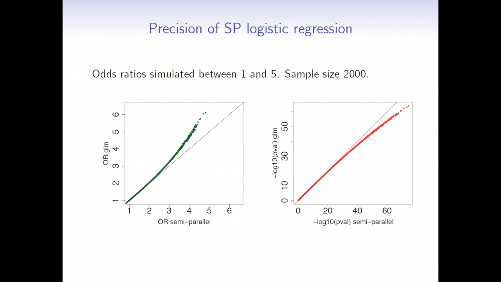interval for the GWAS. And we fitted the GLM model and our semi-parallel approach, and we see that for the area typical for GWAS, up to odds ratio 3, we are actually exact. And of course, in the higher range of odds ratios, we will underestimate the odds ratio, and we will also underestimate the standard error. So the p-values would be too optimistic. But like I said, in the typical GWAS framework, our approach can be treated as actually exact.